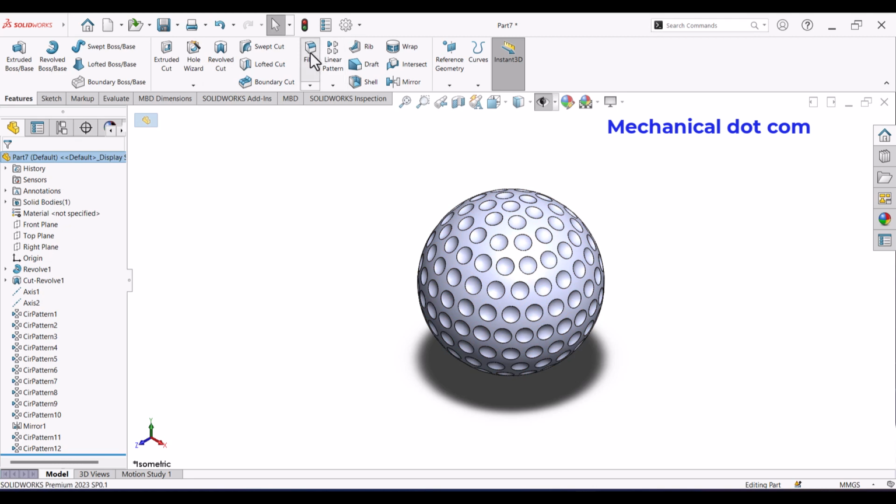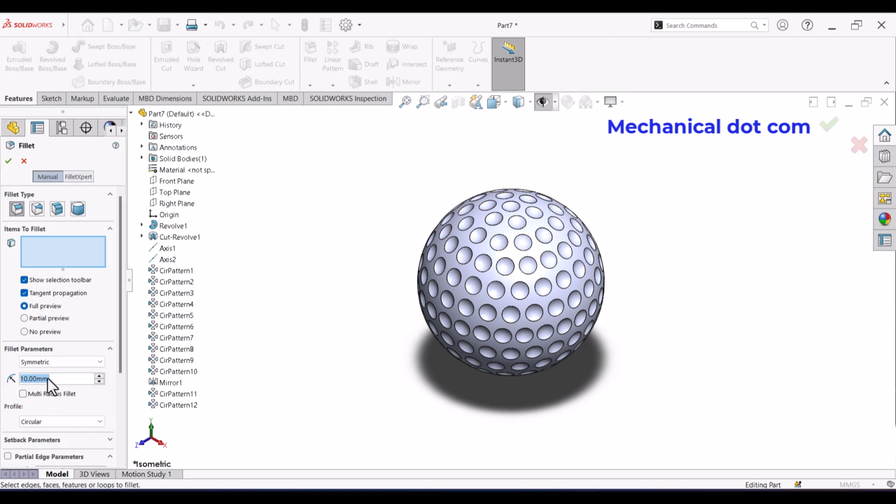So go to fillet, and the fillet radius is 1 mm, and now select the entire part. It will take some time.